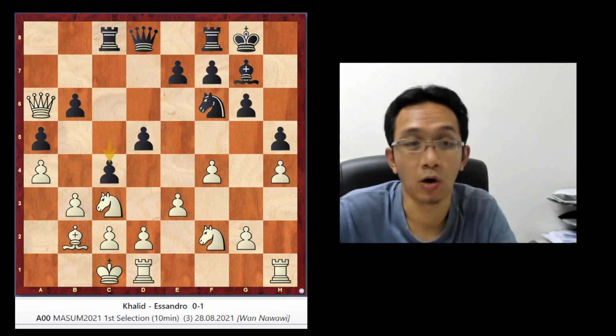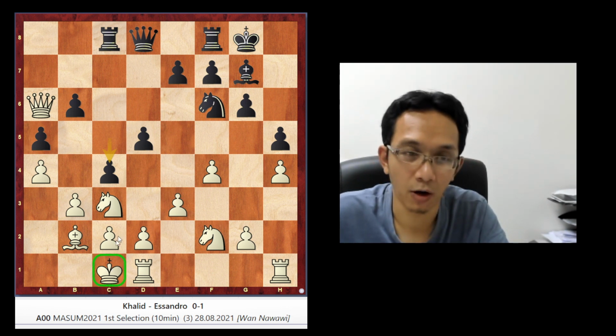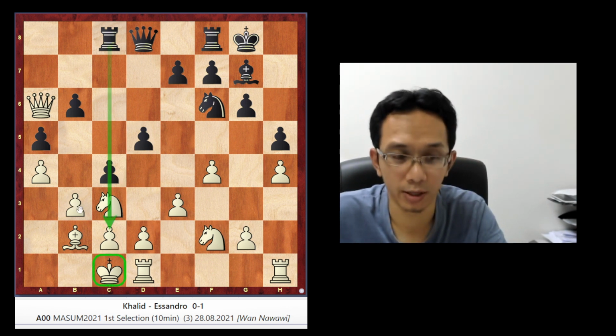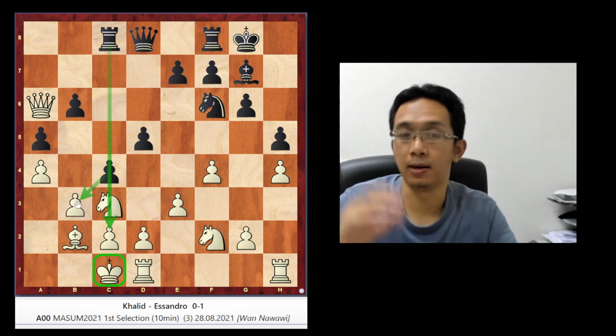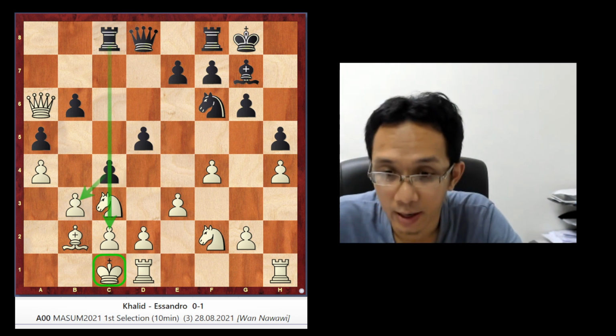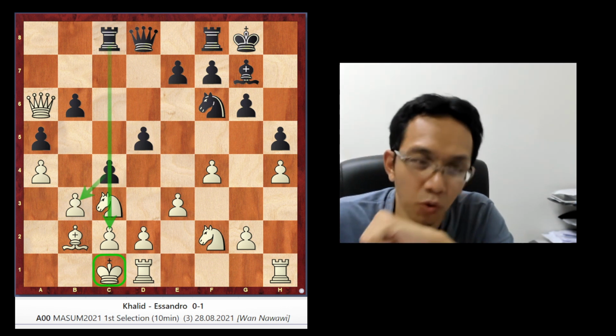The reason why this is counterplay is because now the king is on the path of this thing. Black plans to open this path for the king. Okay, so now c4. So what should white play?